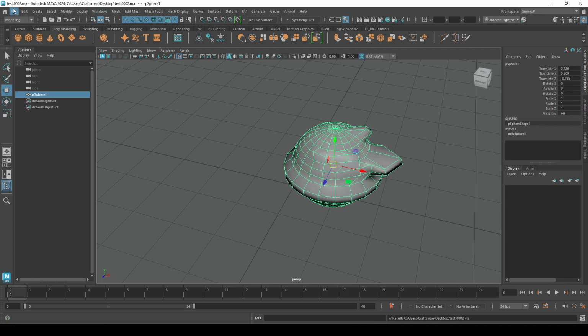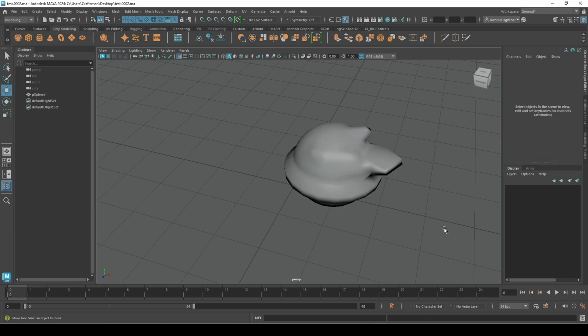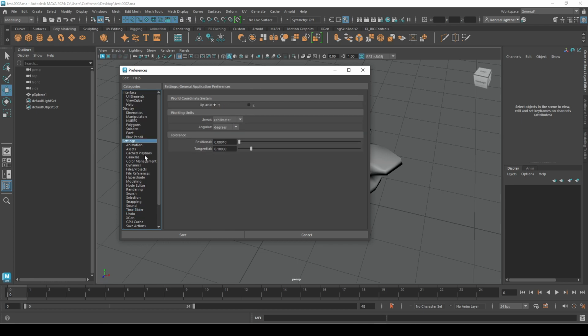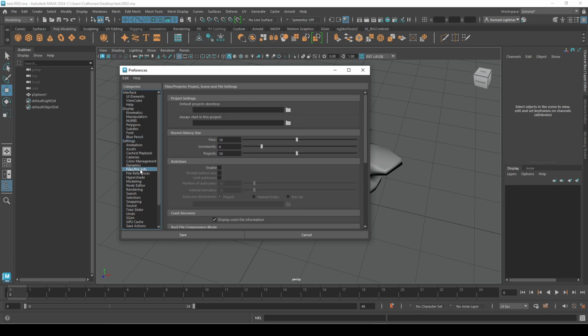You can set up autosave, and to do that, usually you want to set up a project first, but I'll do that in another video. You can click on this, this is your preferences. Always takes me a little bit because I don't open this all the time. File, projects. Oh, here it is. So under settings, files, projects,